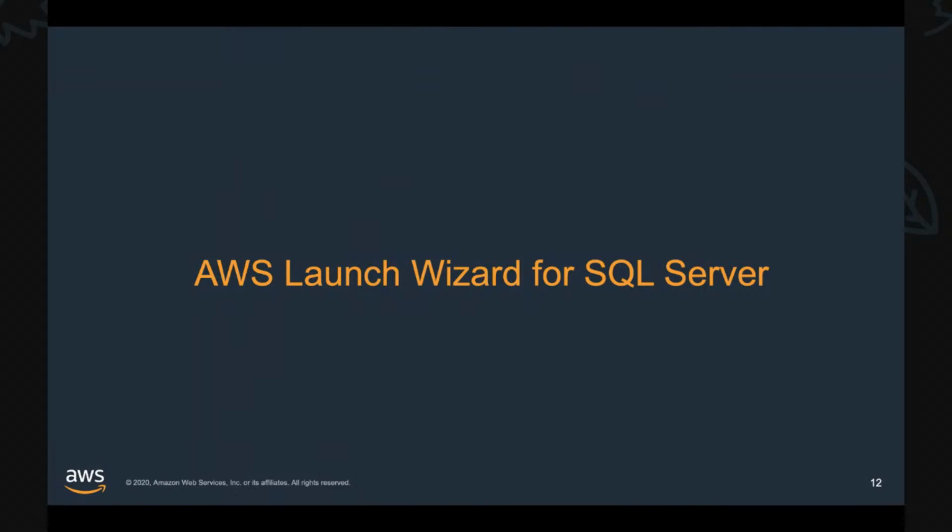Every architecture has complexities and multiple implementation steps, and my personal favorite is high availability features and solutions for SQL Server and MySQL Server deployments. There are lots of moving parts and things to plan, execute, and test. Customers asked us how AWS can make this experience better for them, and we built AWS Launch Wizard for SQL Server.